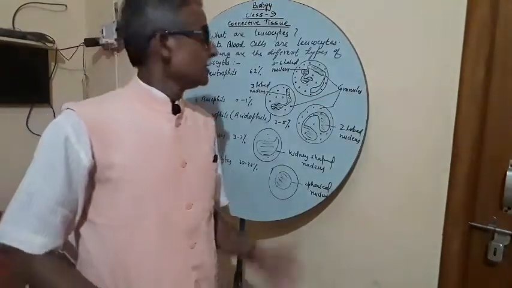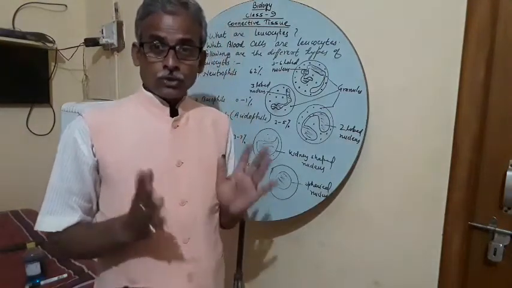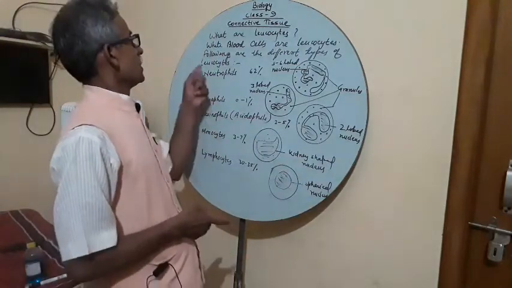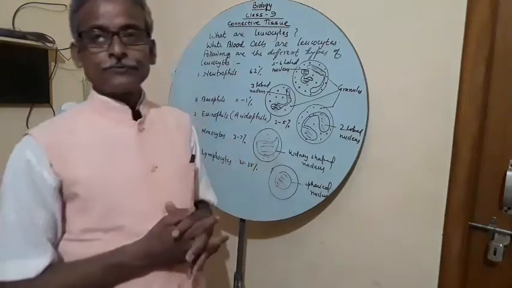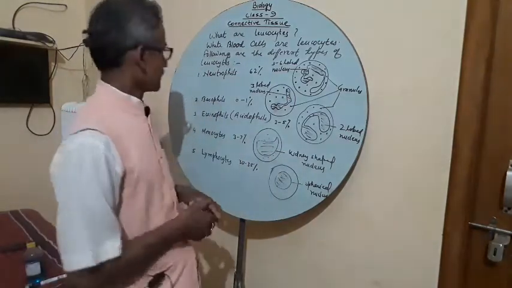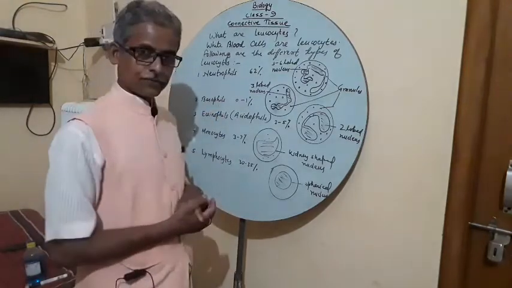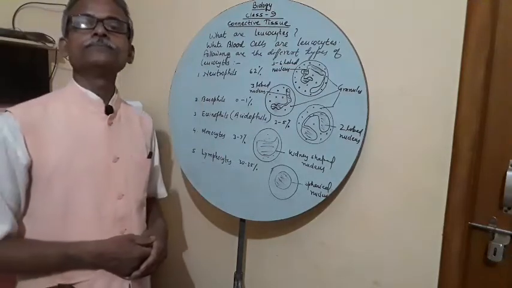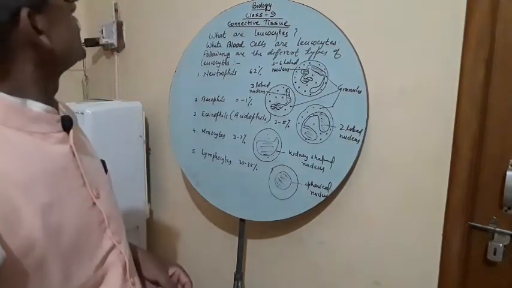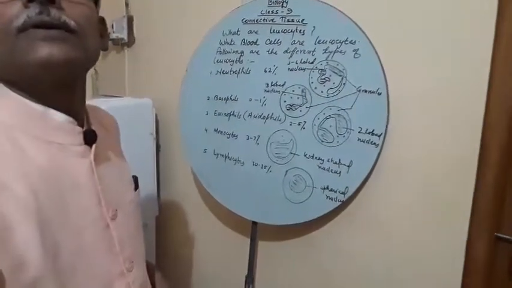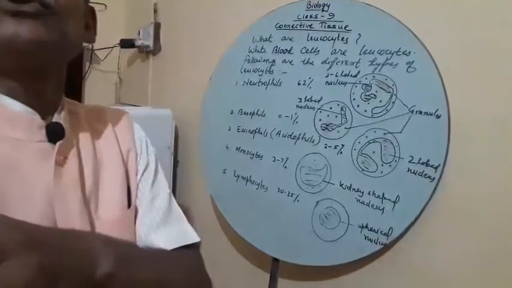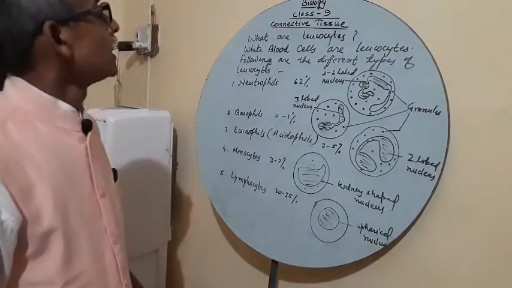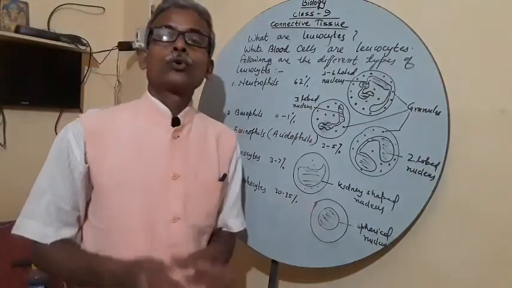What are leukocytes? Leukocytes are white blood cells or white blood corpuscles. Following are the different types of leukocytes: neutrophils, basophils, eosinophils, monocytes, and lymphocytes. These neutrophils constitute about 62% of the total